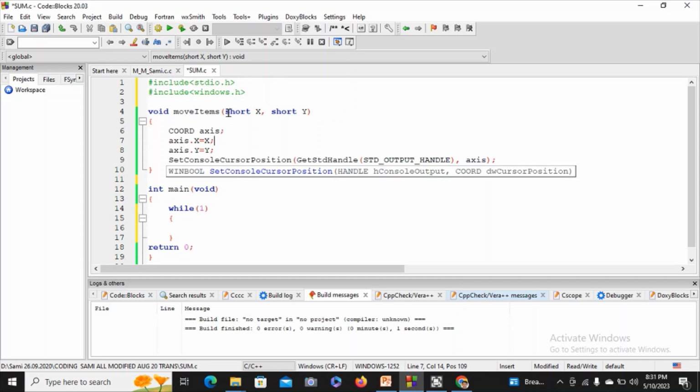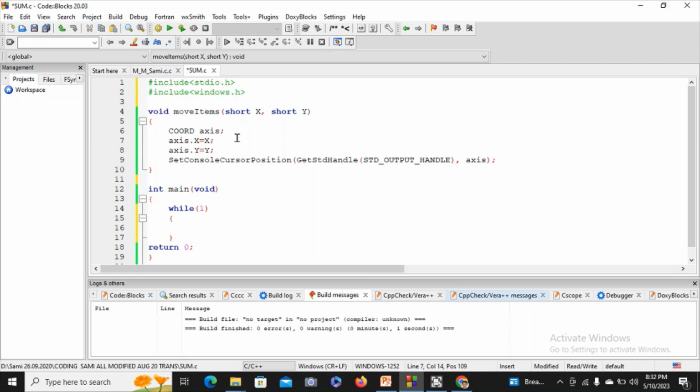That means whenever you are putting any integer or short type value and passing it within these user defined functions from the main function area, you are passing the x-axis value and y-axis value, that means the horizontal distance value and vertical distance value, controlled using the x and y axis. So this COORD